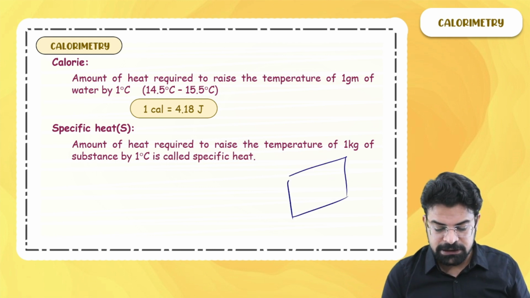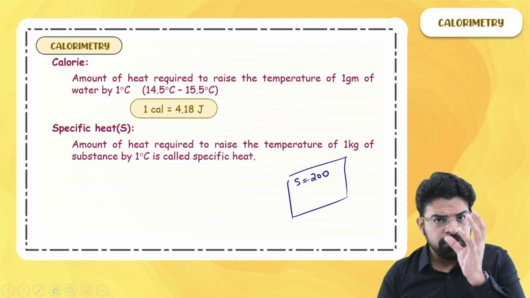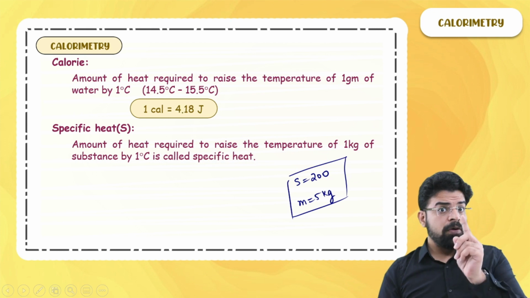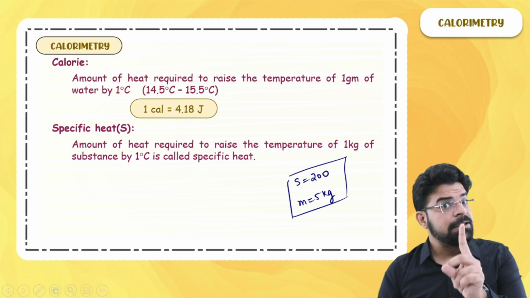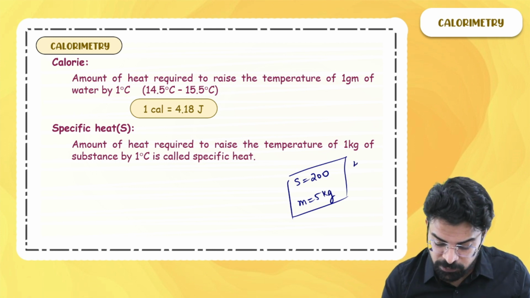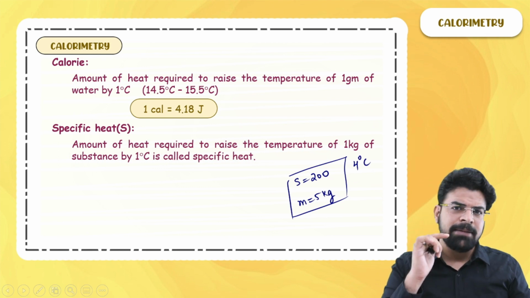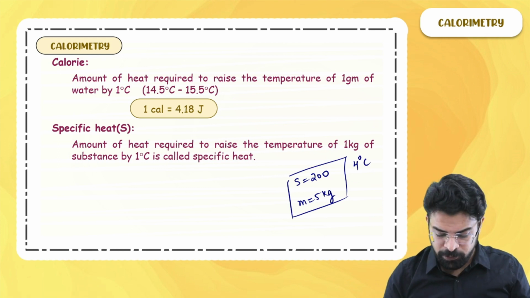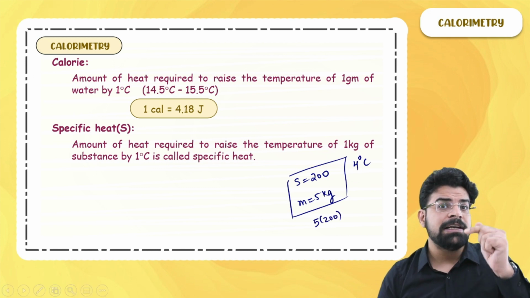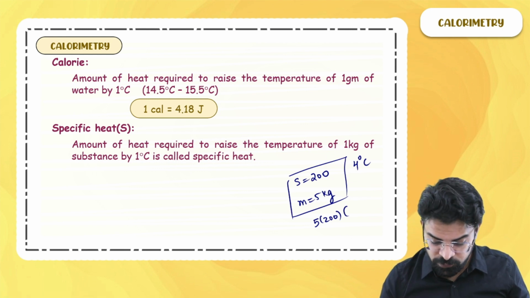Now I ask you another question. Let's say there is a substance with a specific heat of 200 unit, and let's say the mass of this substance we have is 5 kg. So what is 200 unit? The amount of heat required to raise the temperature of 1 kg by 1 degree centigrade. But we do not have 1 kg, we have got 5 kg. And if somebody asks you what will be the heat provided to increase the temperature by 4, you will say to increase the temperature by each unit, I will have to provide 5 times of 200 heat. But since we have to increase the temperature by 4 degrees centigrade, you will have to provide the same heat 4 times. So into 4.